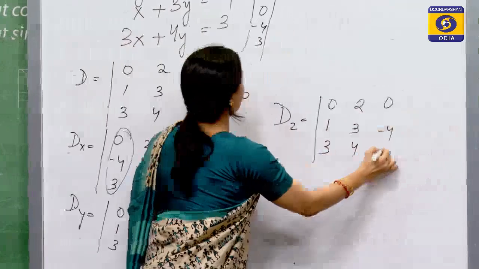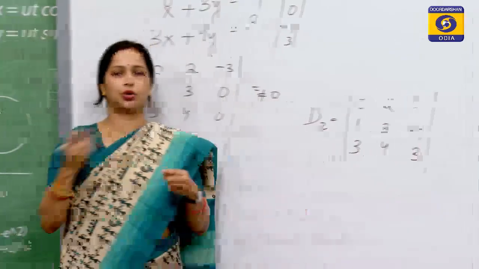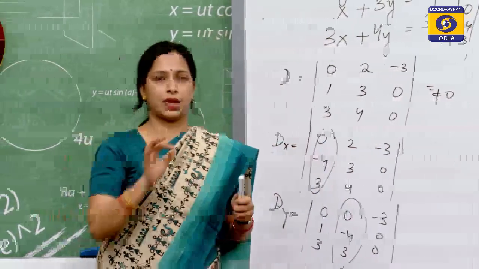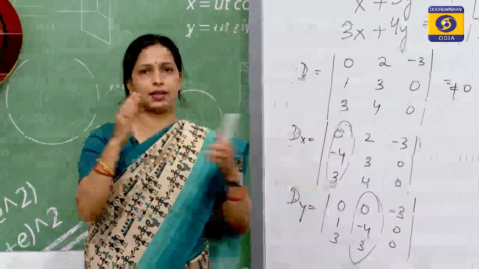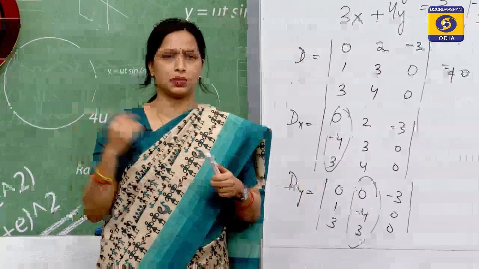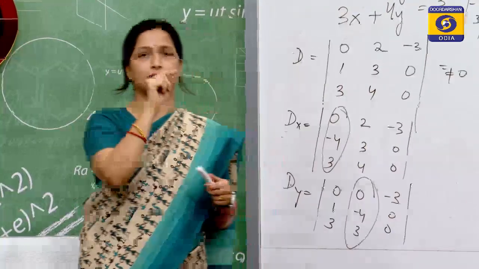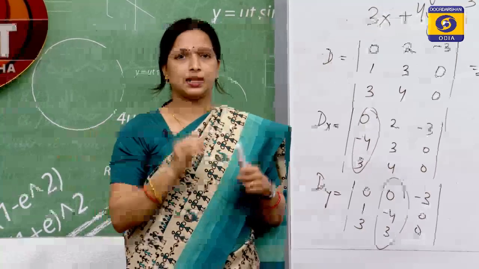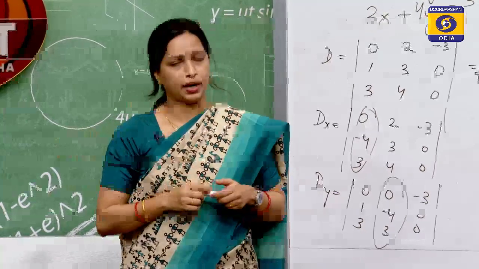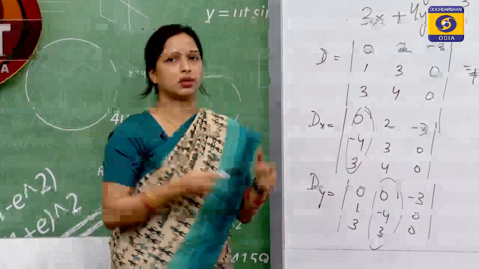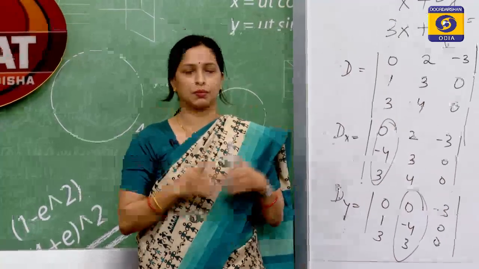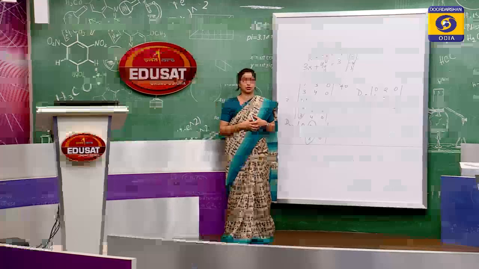And then you find out the determinant, and then you use it to find the values of the unknown variables with the help of the coefficient determinants that you found out. So, x will be dx by d, y will be dy by d and z will be dz by d. So, this is how you can use Cramer's rule to find out the values of unknown variables by solving linear equations.